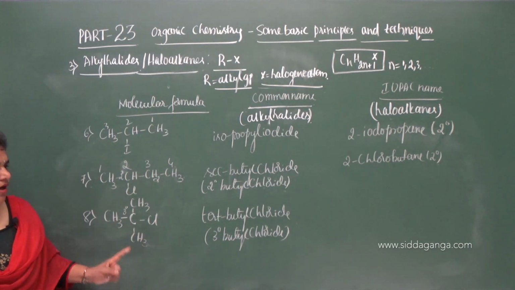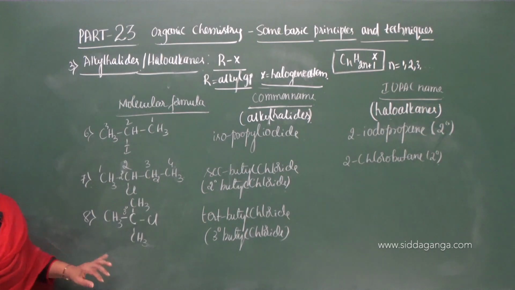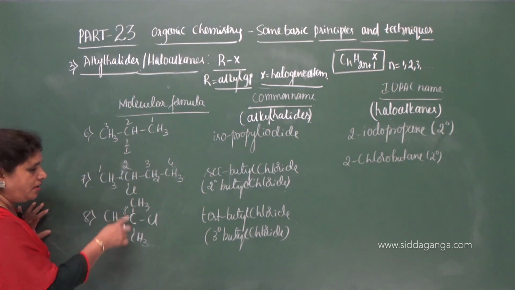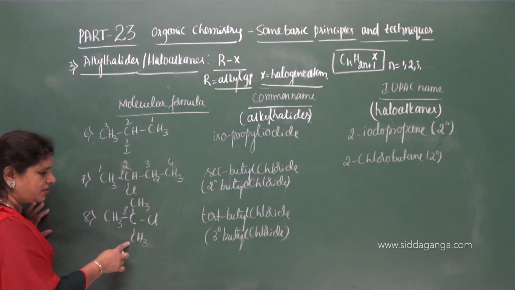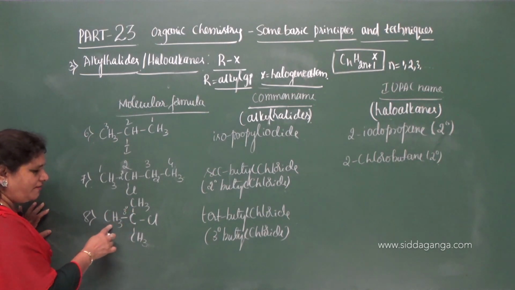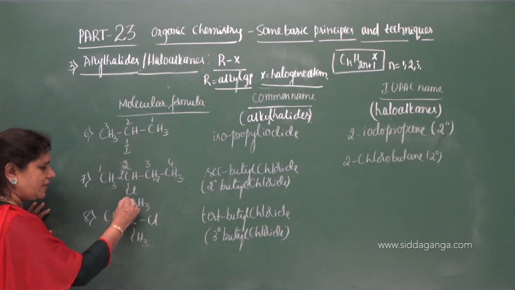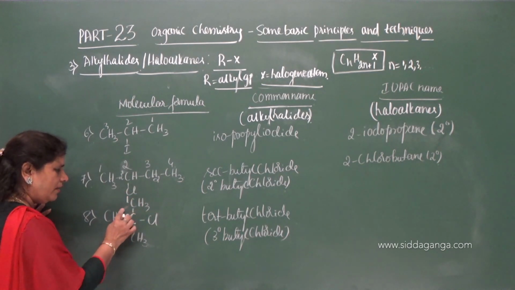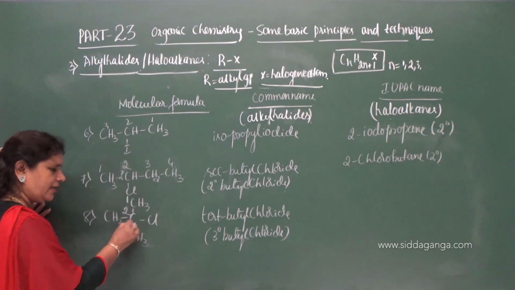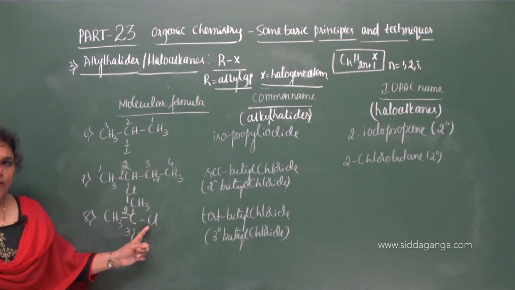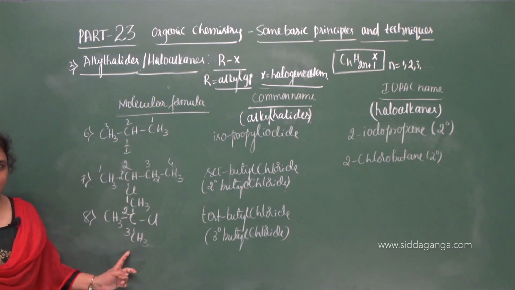Okay. Tertiary butyl chloride is the common name. What is the IUPAC name? Select the chain which must be longest. Here if you select this chain, you will get 3 carbons. If you select this chain, you will get only 2 carbons. Therefore select this one, this is the second, and this is the third carbon. Correct? On the second carbon we have a methyl and a chlorine atom. So arrange them in alphabetical order.